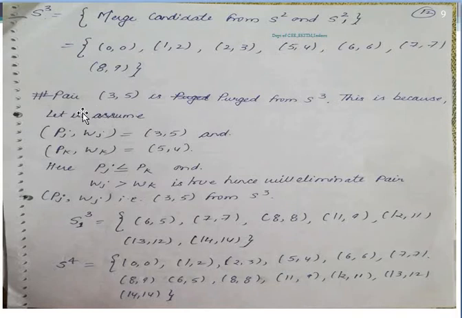So if I look at this pair 3 comma 5, that is purged from S3, because if we are assuming this pair 3 comma 5 and 5 comma 4, and I compare the profit and the weight, that is true, so we are going to eliminate this 3 comma 5 from S3. We eliminated this 3 comma 5 from S3 because it is violating the profit comma weight rule of the S3 set pair. So after forming this S3, what we are doing,